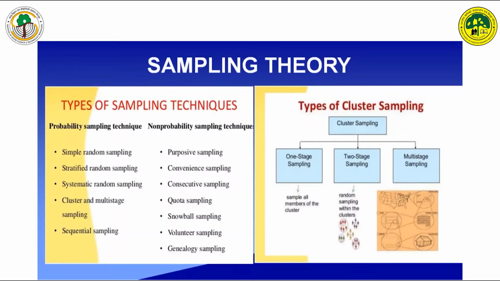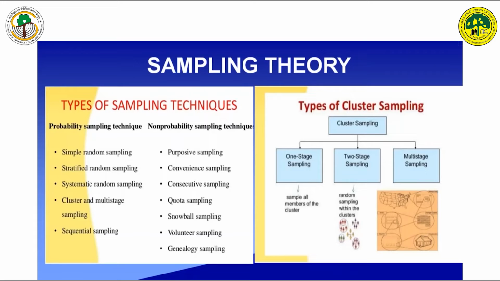And convenience sampling. Among the sandalwood forest range, you only take samples of a certain amount of girth. That you can call convenience sampling. Consecutive sampling, where you draw only from the particular plant, of similar size of plant only, and draw the sample from this particular leaf or any oil or any more things of this.